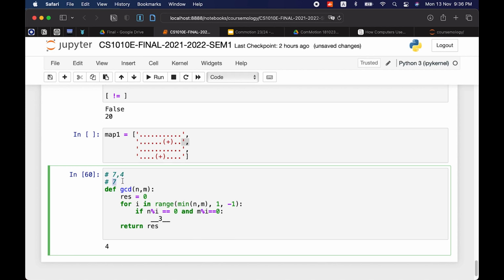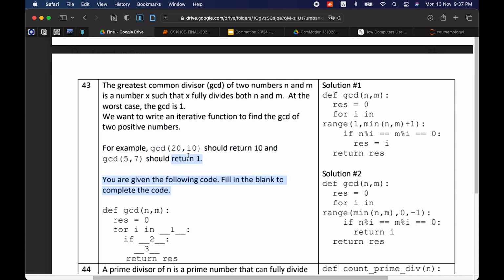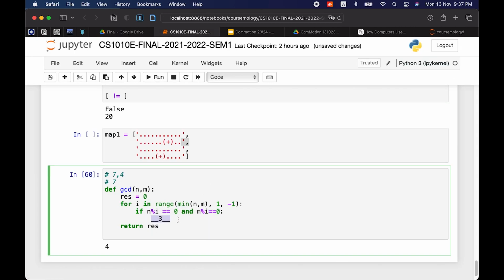So there's no point starting at the bigger one. You need to start with the smaller one. If not, you're just dividing a smaller number modulo a bigger number. So we should just return I.